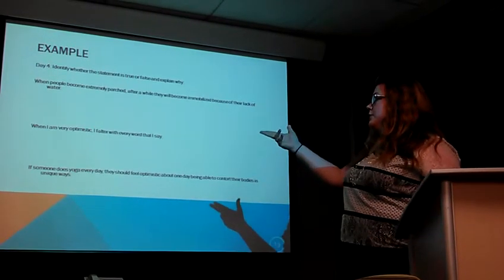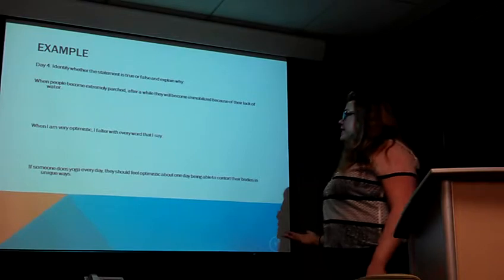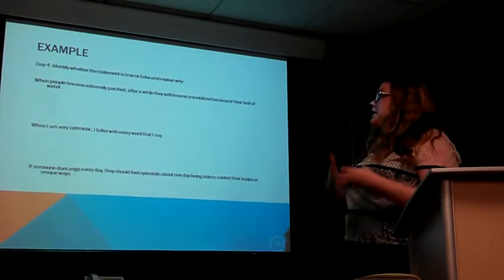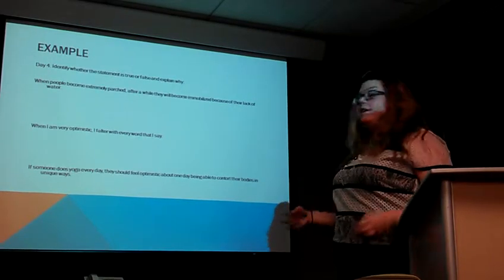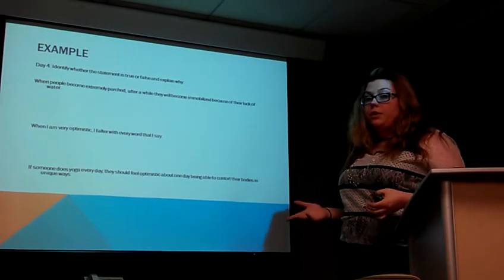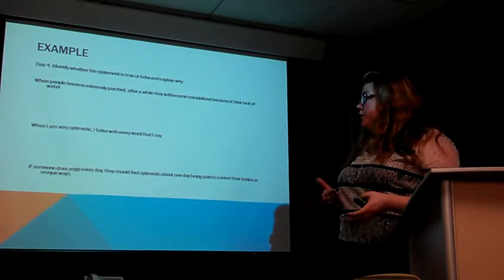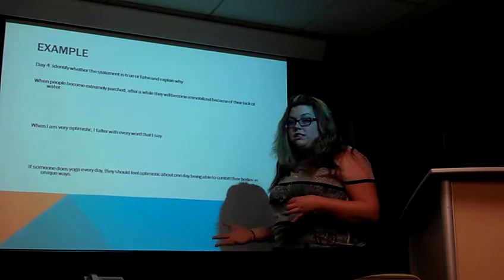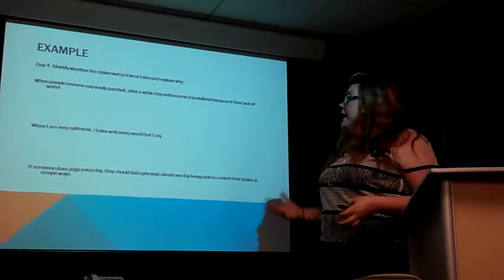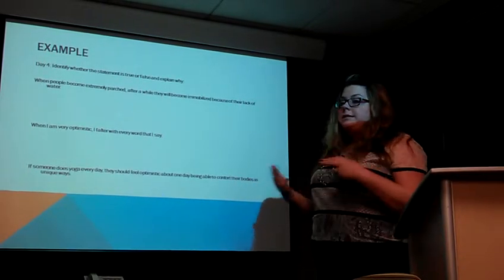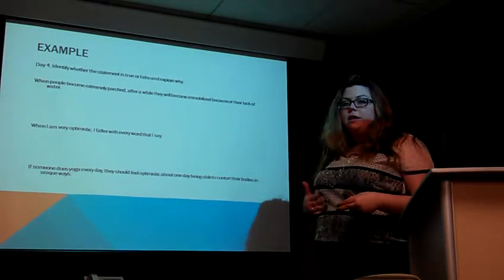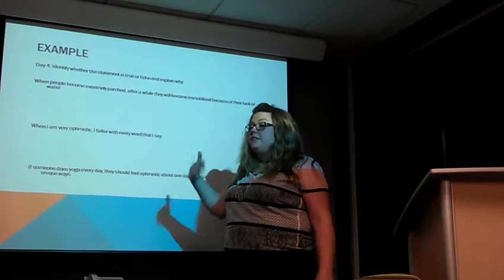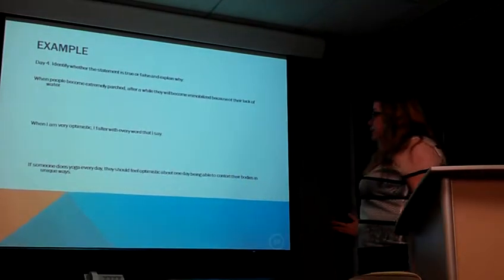So an example is number 2. It says, when I'm very optimistic, I falter with every word that I say. I would argue that that's a false statement because when you're hopeful, when you're feeling really positive, you're more confident and you wouldn't falter with your words. Some students argue that if you're really hopeful, you're really excited about something, you'll stumble over your words constantly because you're so excited. In that situation, I wouldn't necessarily argue right or wrong with them. I can tell that they're understanding the meaning of these words based on the argument that they're giving for the rest of the class.